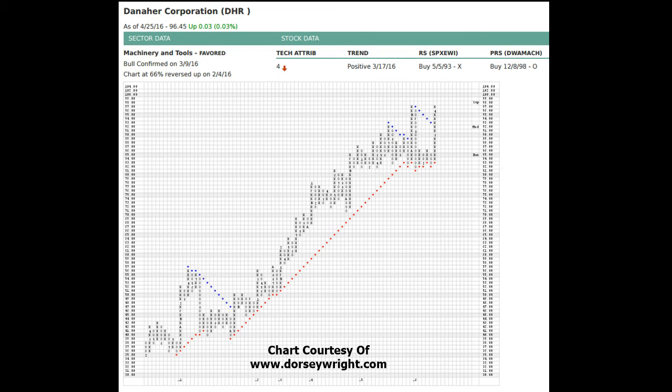Lastly, we'll just quickly look at Danaher's trend chart, where we can see that at $98, it'll hit a new all-time high, and in the last 4 years, is up almost 100% in value. So this is what we do when we look for securities for portfolios, whether they be indexes, mutual funds, or individual stocks. We want to hold our relative strength winners and cut short the relative strength laggards.